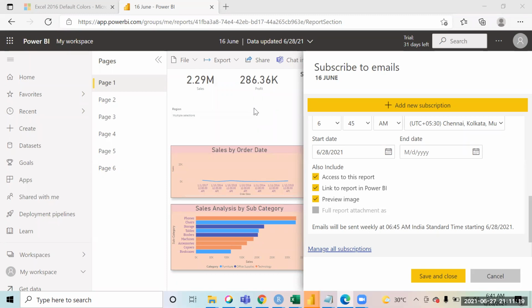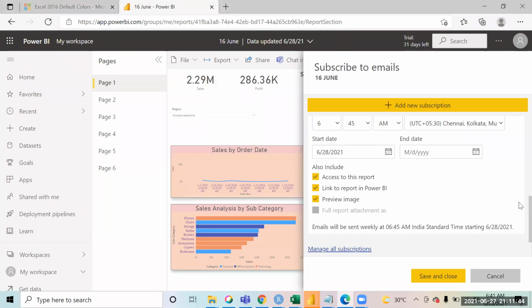Okay. So you just subscribe those people so that a person does not miss it out. Although he has access to the report, you just want to give him a reminder that every Monday he should get a reminder to please have a look at it. So just a reminder. With fresh data, it will automatically update the report. Yes.